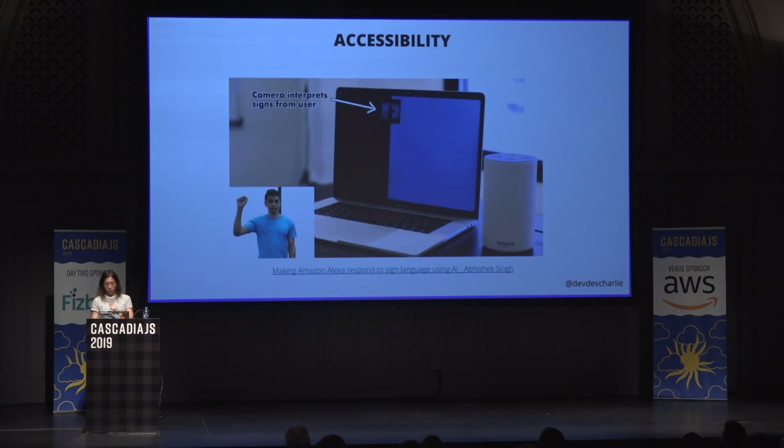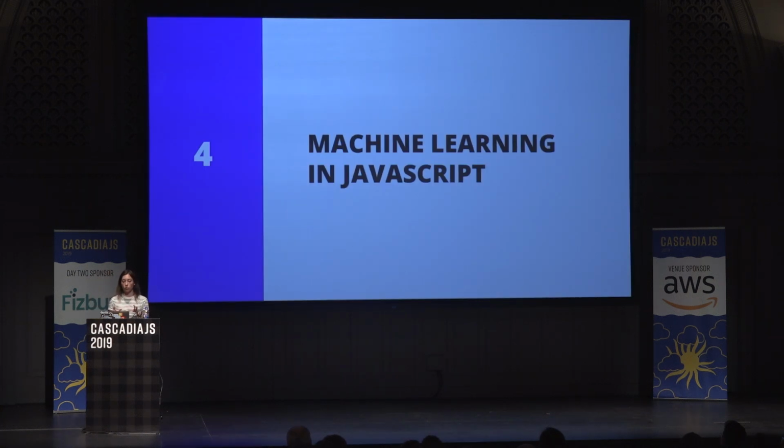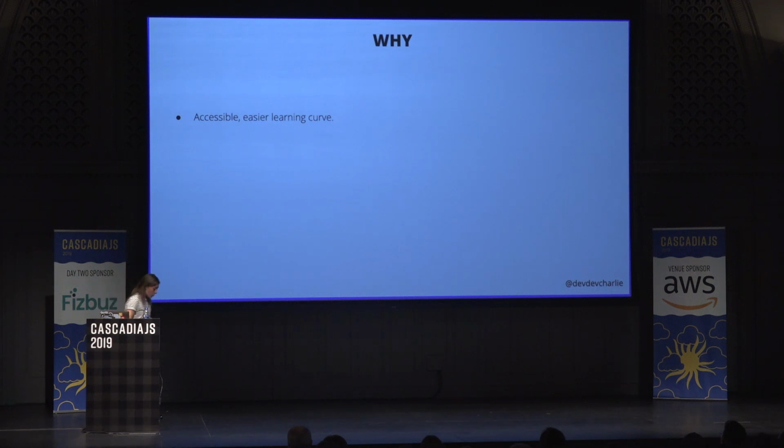But now let's dive deeper into machine learning actually in JavaScript. So the first thing that I'm going to cover is the why, because every time I build personal projects, people are like, why do you do that? Well, let me tell you. So I think that it makes it a lot more accessible. I know that machine learning, when you think about it, you probably think about Python first, not JavaScript, and that's understandable. But being able to do that in JavaScript means that it's now open to all the JavaScript developers. It means that instead of having to learn another language and the concepts around machine learning,